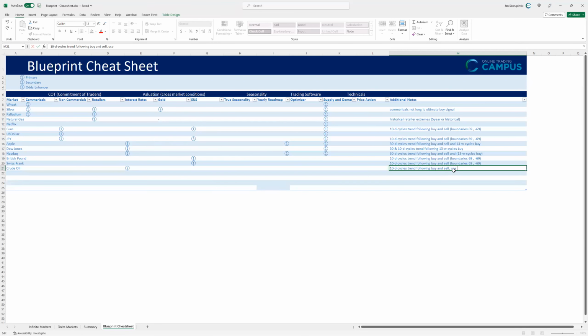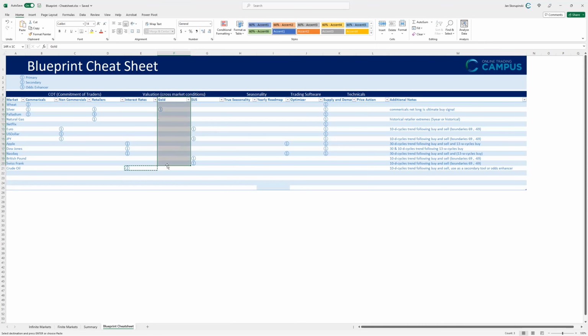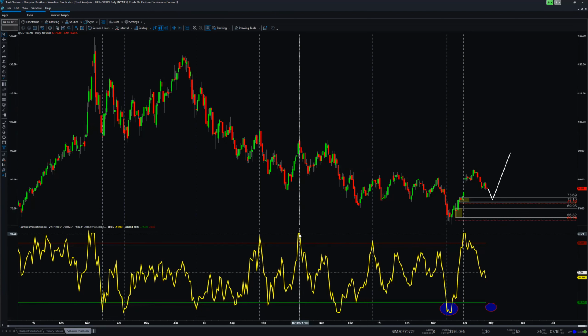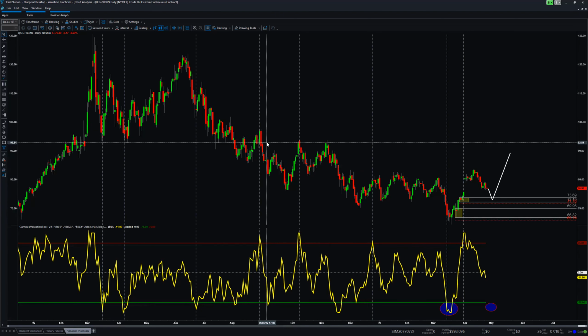We could use it as a secondary tool or odds enhancer. Both would be fine here in this case, but it's so strong that we could use it as a secondary tool, meaning that if all else is neutral, right? If all else is neutral, we're in a downtrend, we're overvalued against gold, and we're in supply,